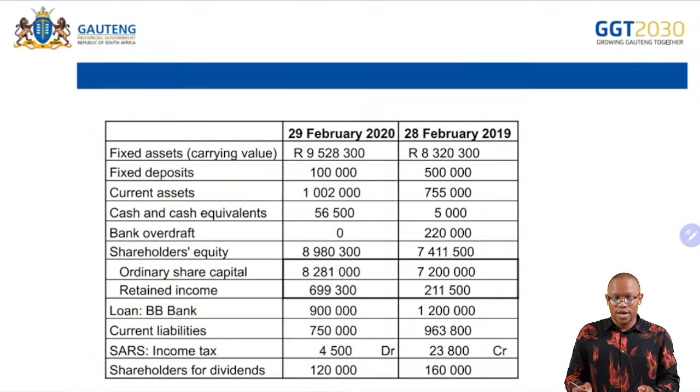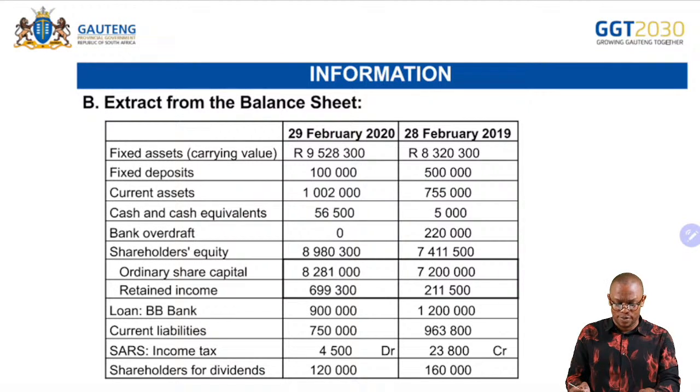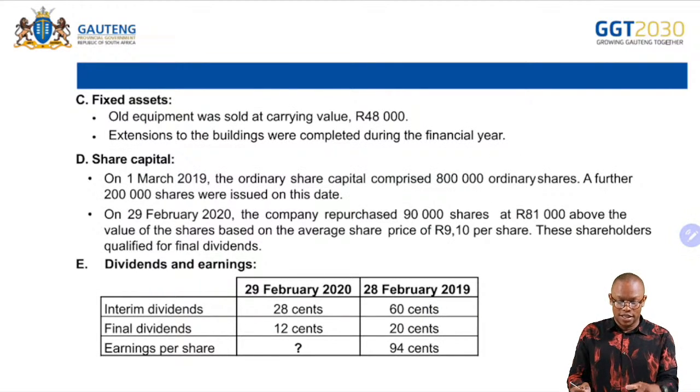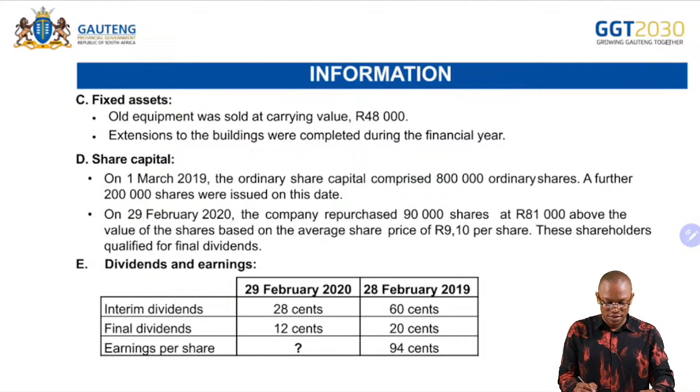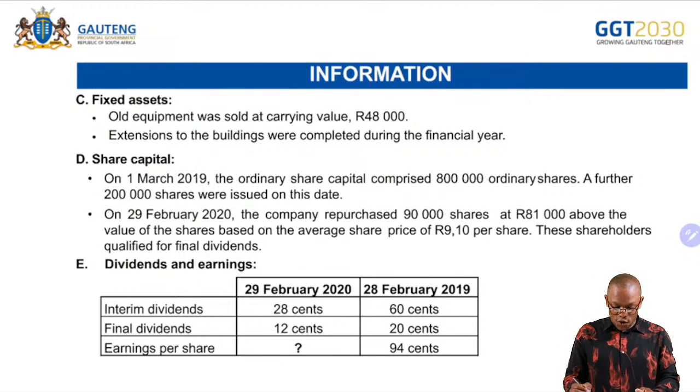Then we also have our balance sheet. This is the information of the balance sheet that was extracted from the question paper. Then we also have additional information, but for each question I will take you through all this information so that you know where to get the information to answer specific questions. Okay, then for cash flow,